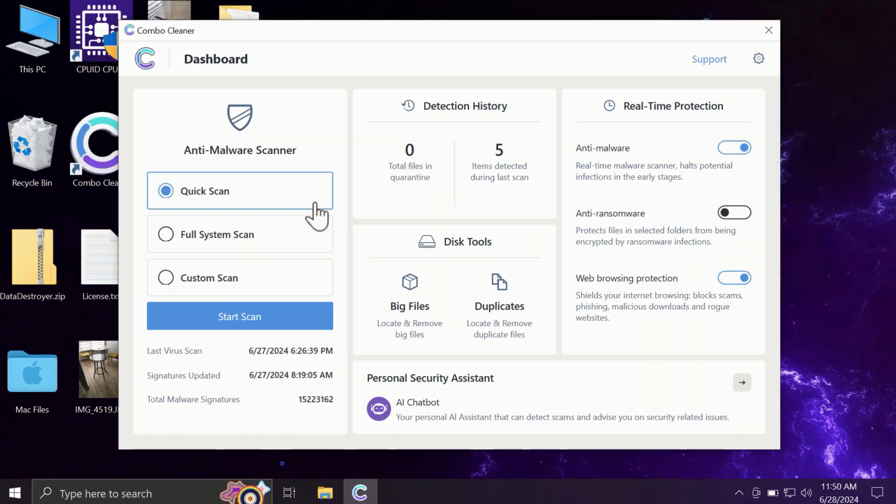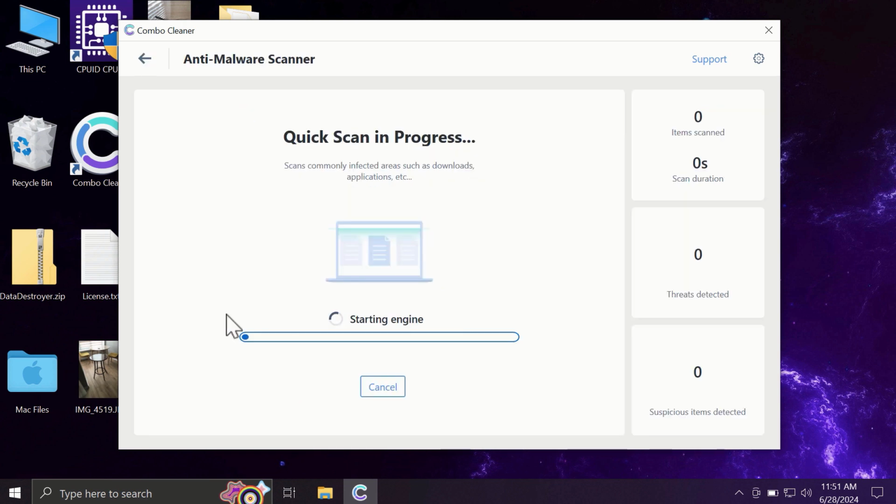So after you have successfully downloaded and installed Combo Cleaner, the software will be initially in the trial mode, and only quick scan option is available in the trial mode. The full mode includes full system scan and custom scan, but as I said, in the trial version only quick scan option is available. So you need to click on the start scan button, and